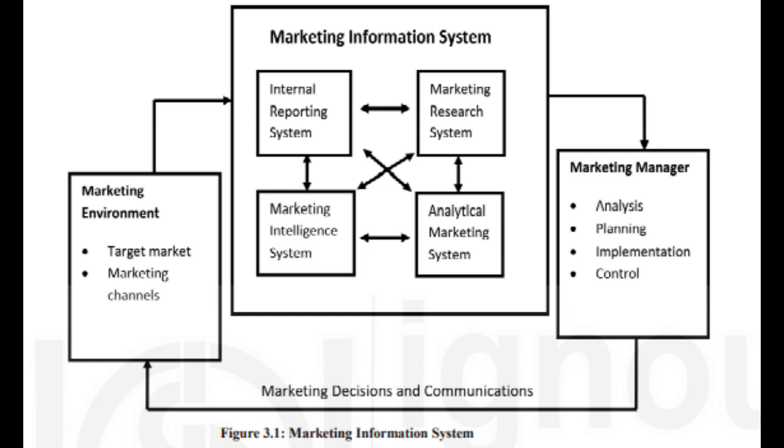Activity A. Talk to a marketing manager in your firm or else in some other firm you can easily approach about the different types of information used by him during the last 3 months for making marketing decisions. Try to ascertain which ones of the four components of the marketing information system explained above are used in the firm for generating and disseminating the required information to the marketing manager.